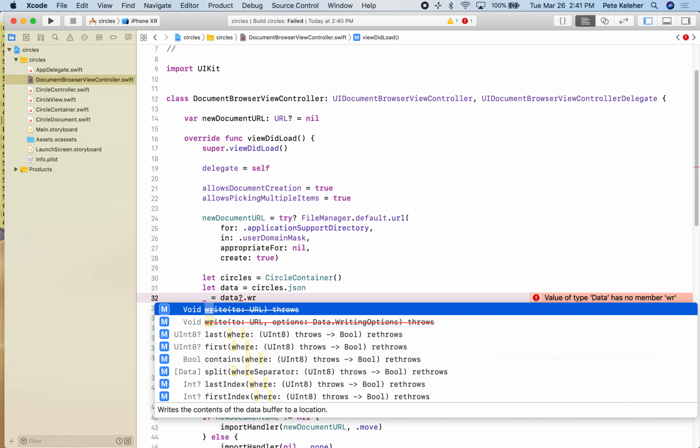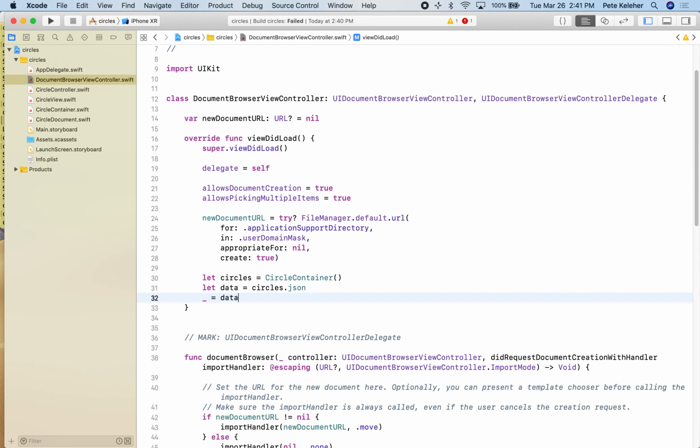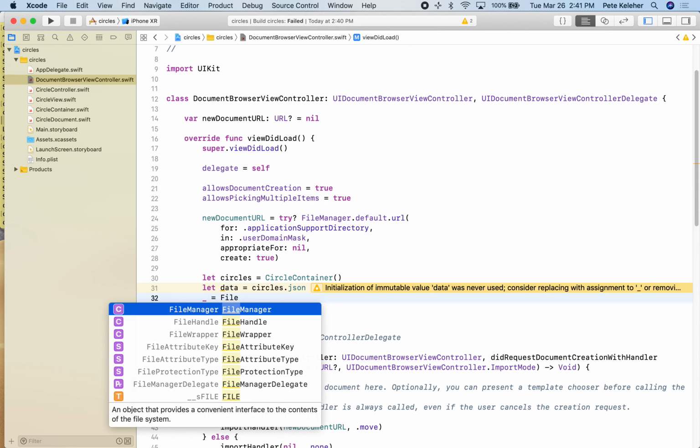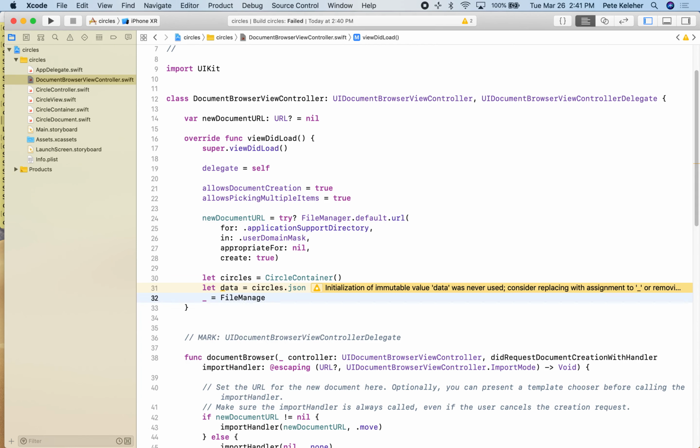Okay, so what I want to do is just create a file at this point. So I'm going to just throw away the result of FileManager.default